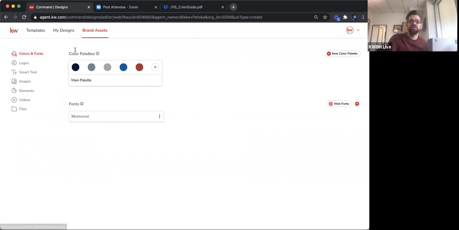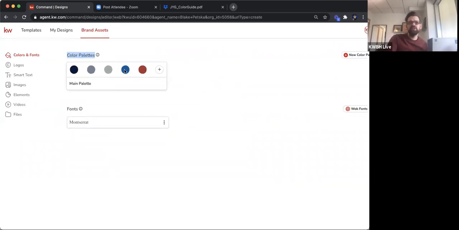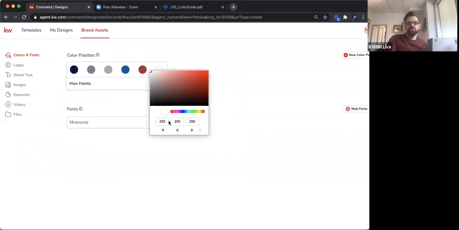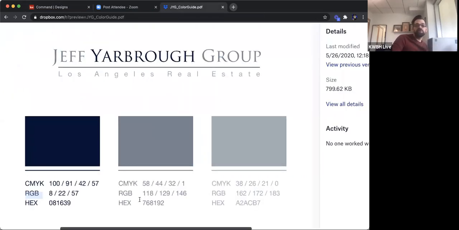And so it starts with the colors, right? We talked about this a little bit. When I come in here and I choose these colors, we do actually have the option, just like we saw before, to do the RGB code, the hex code. There's a lot of ways that we could look up these numbers. So if we look back to this, we have our marketing department taking care of this for us. We have these numbers. So I could take this hex code,